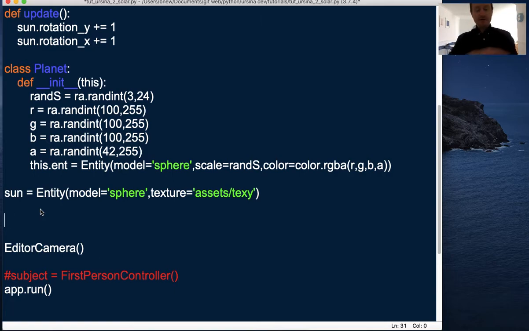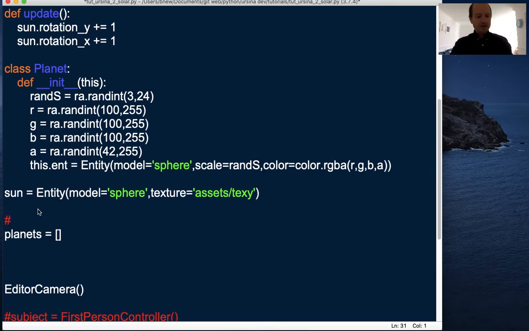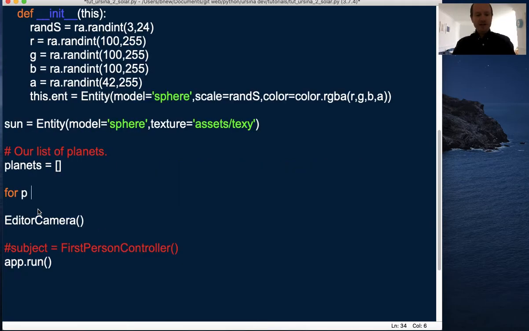of planet for creating lots and lots of planets. So, and that's where we'll set the positions of them as well. So first we need a list so we can deal with all of our different planets. So we'll call that planets. To make a list we use square brackets like that. Planets equals that. Let me comment this: our list of planets. Now we can have a for loop. So for, and we'll just call each individual planet P temporarily in the loop. So for P in planets,